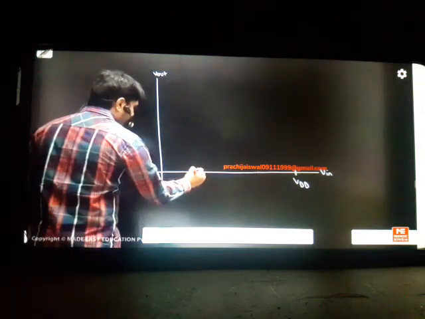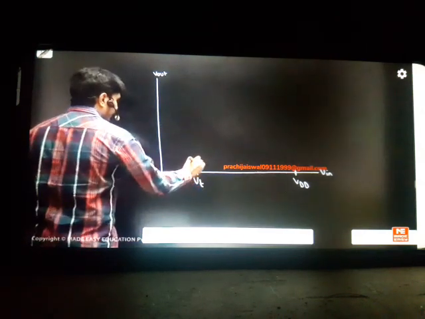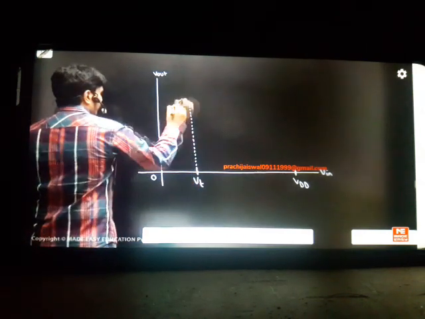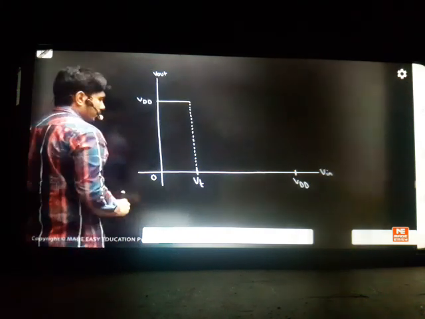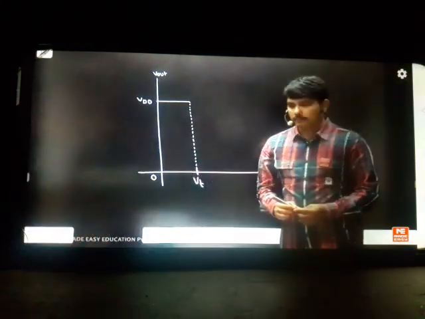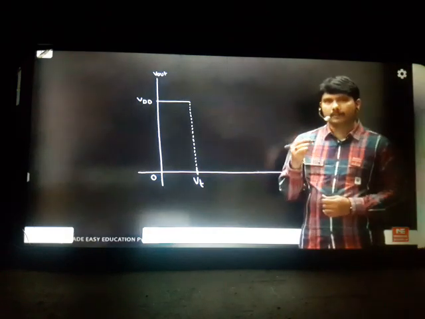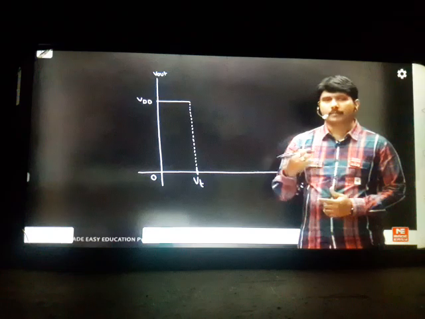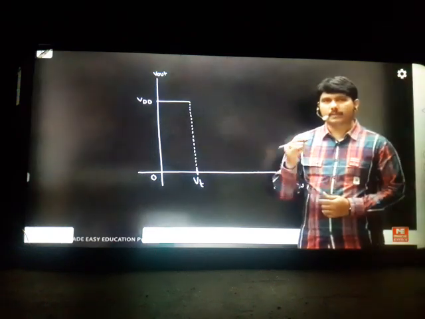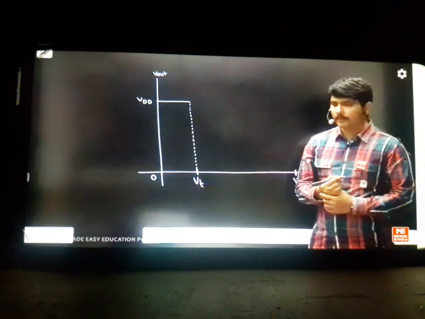But what is happening in practical MOSFETs is that up to threshold only the MOSFET will be off. So up to threshold voltage the MOSFET is telling I'll be off. So this output will come as the highest value from 0 to threshold voltage. But in the ideal theory you have been given, it has to switch from 0 to VDD by 2. That means it has to switch at the center value, VDD by 2. But normal switches like MOSFETs cannot do that, because they'll turn on just when you cross the threshold voltage. That is the problem we are getting in the concept.